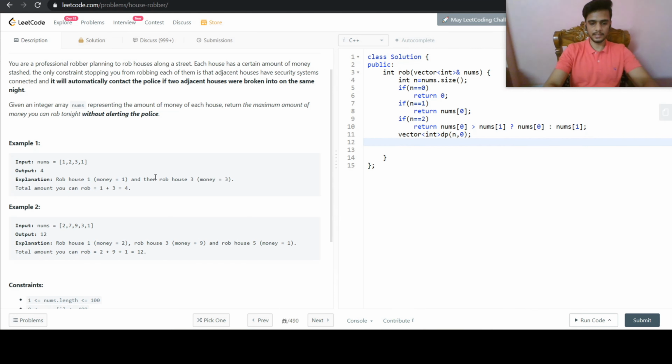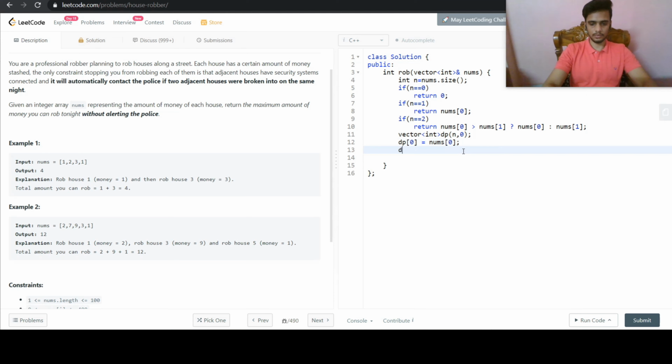The next thing is the first house. If there is only one house, the robber can rob that house only, and it will have the value nums of 0.